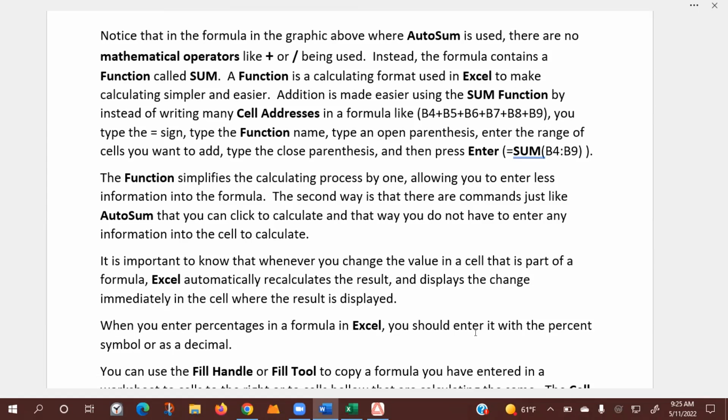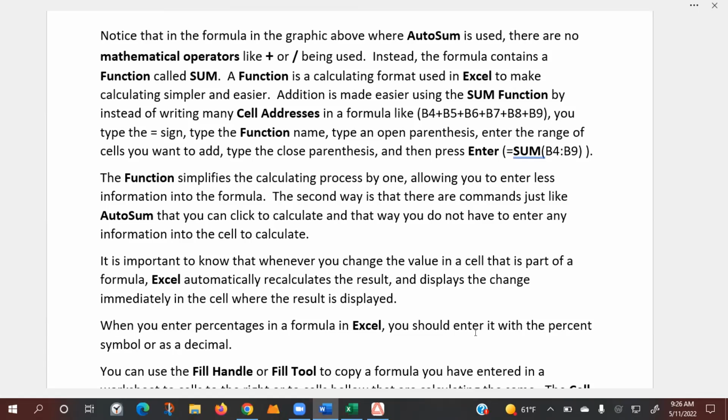Addition is made easier using the SUM function. Instead of typing many cell addresses in a formula like B4 plus B5 plus B6 plus B7 plus B8 plus B9,